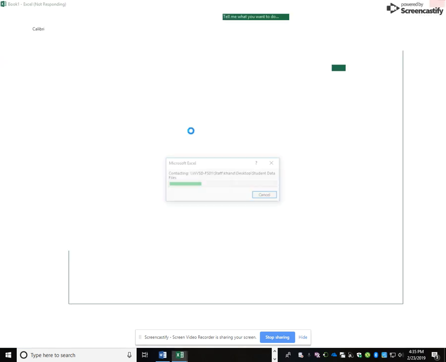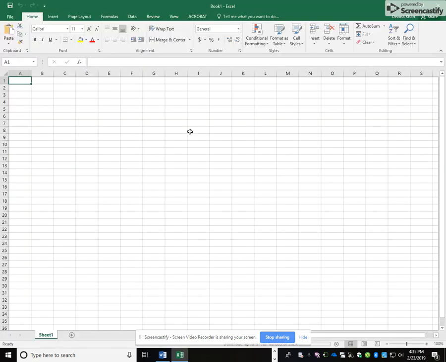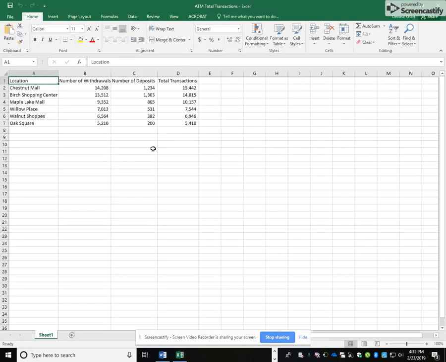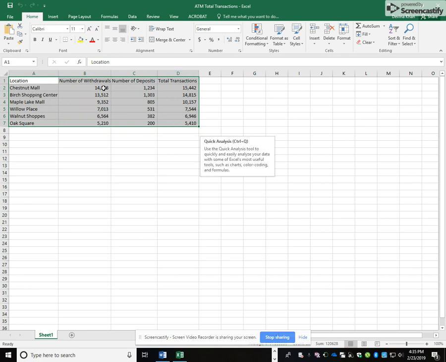Okay, it's going to take a second. And, whoops, something going on. And it didn't show up. Oh, there it is. All right. So that opened up, and select cells A1 to D7. A1 to D7. So basically they want to select all of this data,